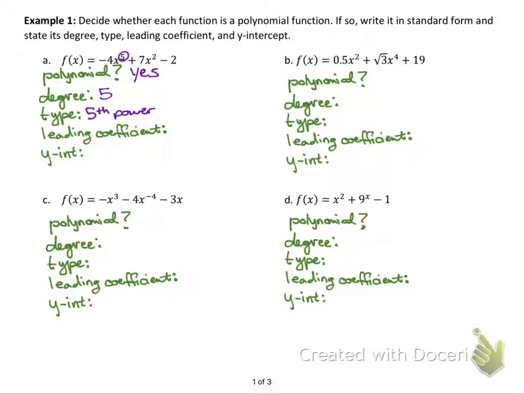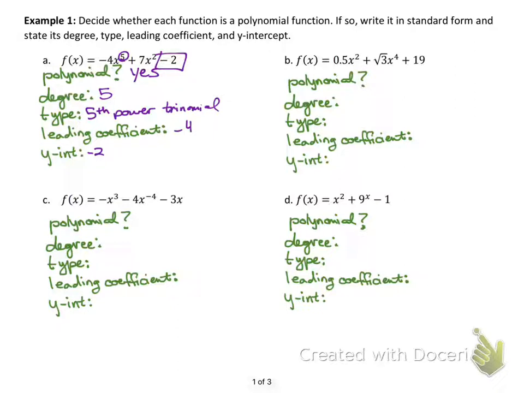And there are 3 terms. So 1, 2, 3, which means that this is a trinomial, right? Because tri means 3. The leading coefficient is just the number in front, so that'd be negative 4. Make sure you include whatever sign is there. The y-intercept is this negative 2 back here, because if you plug in 0 everywhere else, everything else will go